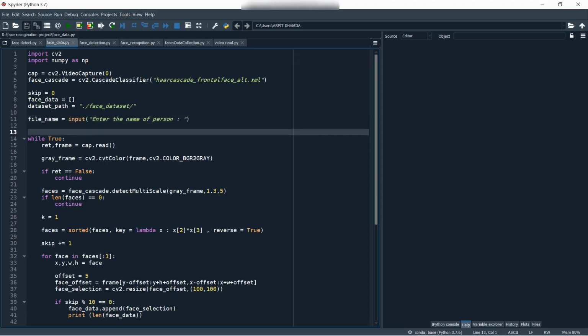Don't worry, when I run this code you will see what this line is actually doing in the console. So let us play it once.